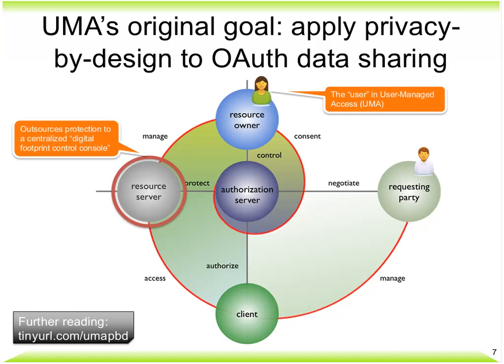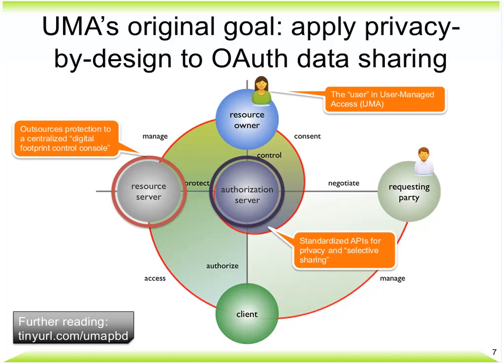The resource server has the opportunity to outsource protection to a centralized, what we think of as a digital footprint control console, meaning that that centralized console, the AS, may be in a different domain from the resource server. So we basically had to, as I like to think of it, go there and define interfaces between the RS and AS to fully flesh out the picture of how you loosely couple them and how you have a security model between them. And so the authorization server, to achieve this, standardizes a couple of APIs for interacting with the